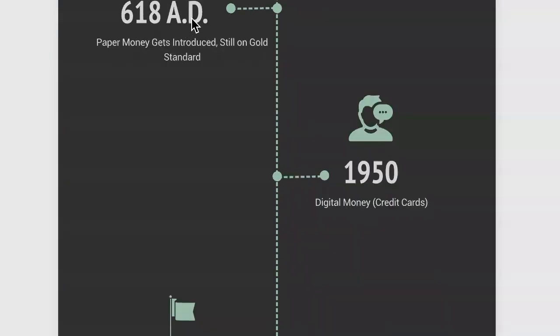Now we're going to jump all the way to 1950 when digital money gets introduced. And digital money in the first form was credit cards. That's the first way that you can actually load money electronically and go around and spend it. All it was is a magnetic strip on the back of a card that would have all of the information, and it would be able to be used universally. So this was a huge game changer because that little piece of plastic really changed the game in terms of how people can spend, what they spend on, and how fast they spend it.